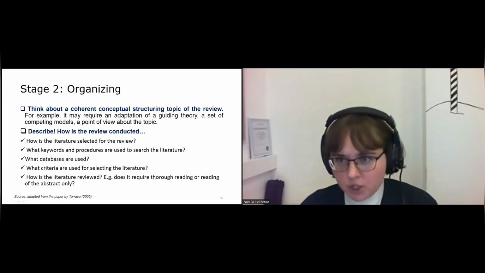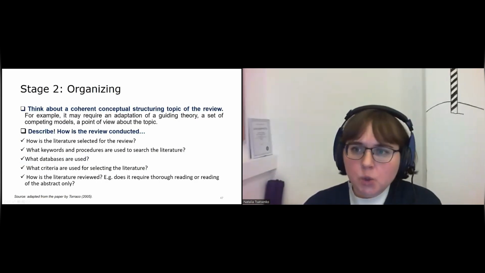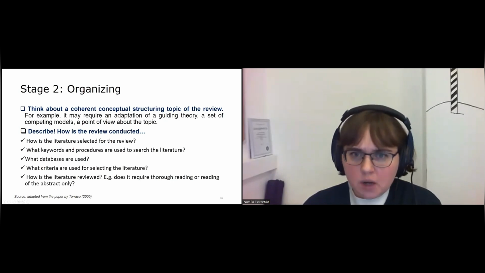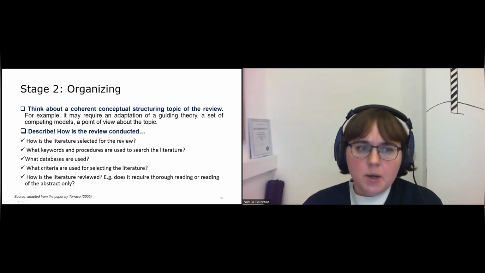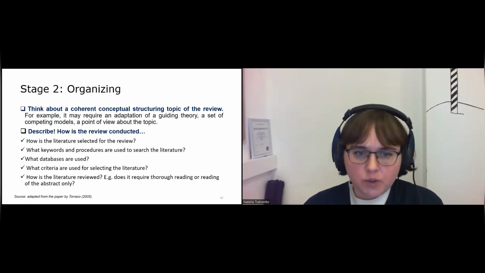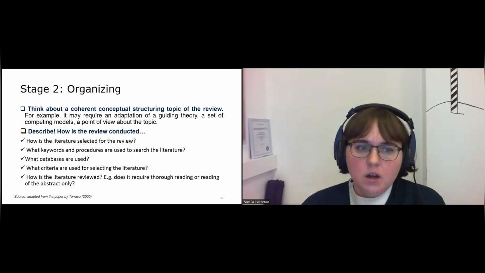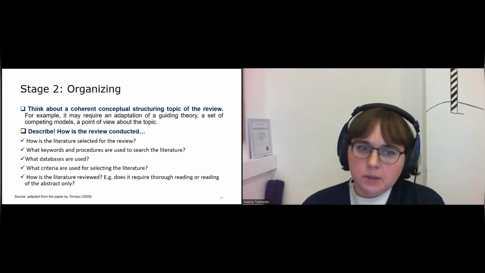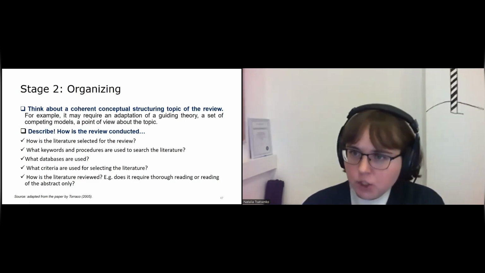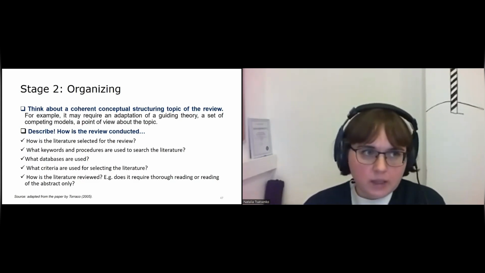Which is called the organization stage. In this stage, we manage the screening and creation of the sample actually. If we look at this, I hope not a long list of questions, we again ask ourselves how we plan to select the literature for this review, which database we want to use. It will be eLibrary or Google Scholar or other types.